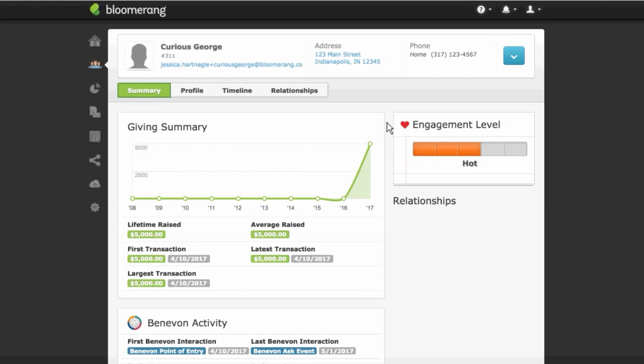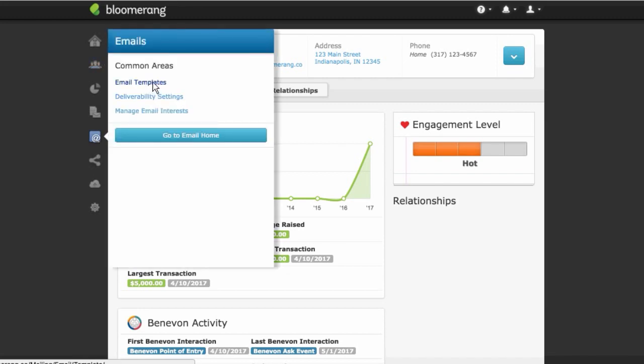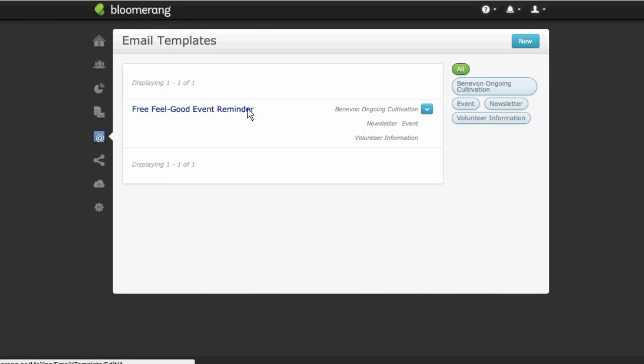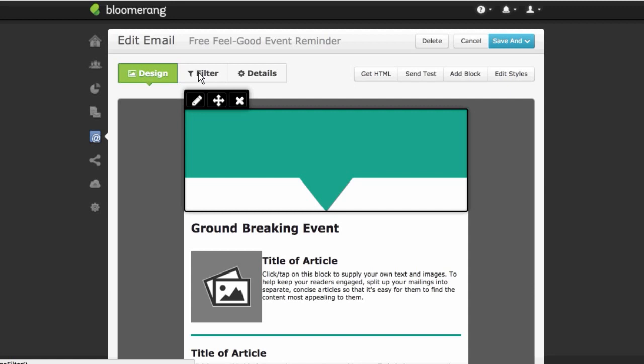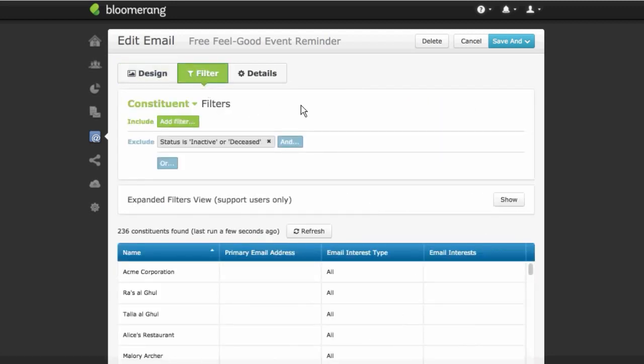We're going to, of course, get him invited to some of the free feel-good cultivation events. And one of the ways that we can do that is obviously in person, but if we want to use an email for that, if we go over here to our email template, we can build an email for anyone who's donated or attended or who has an interaction with a specific type of Benevon purpose. So let's say that I have this event reminder already built for a free feel-good cultivation event, and I want to add anyone to this email, or I want to send this email to anyone who is specifically interested in